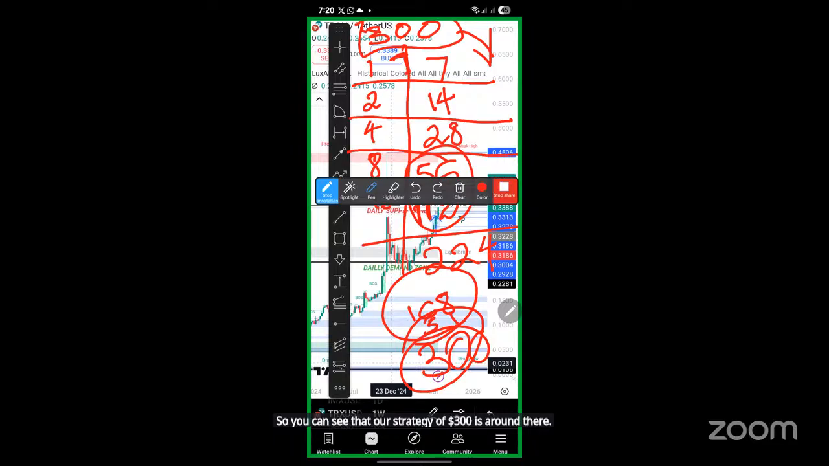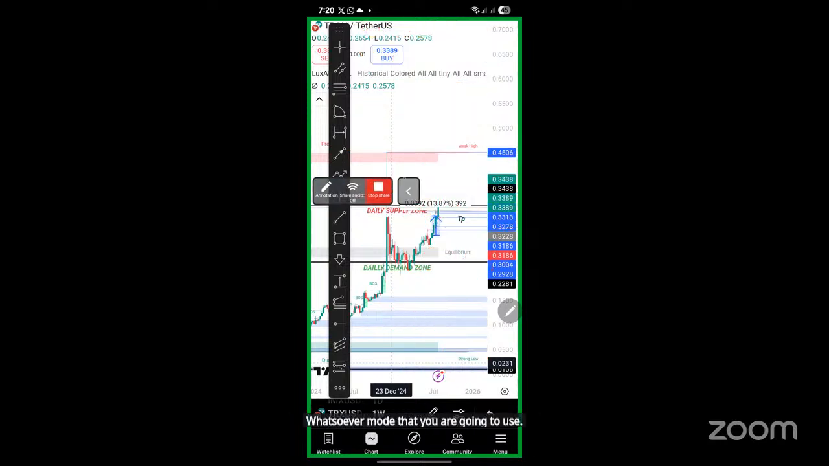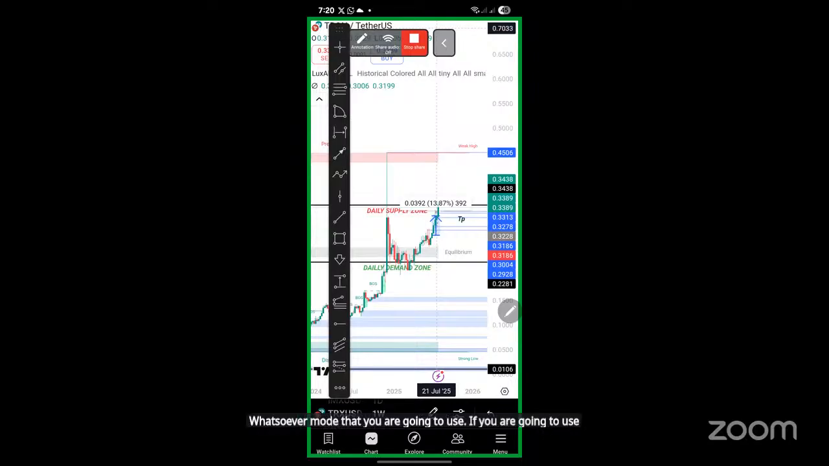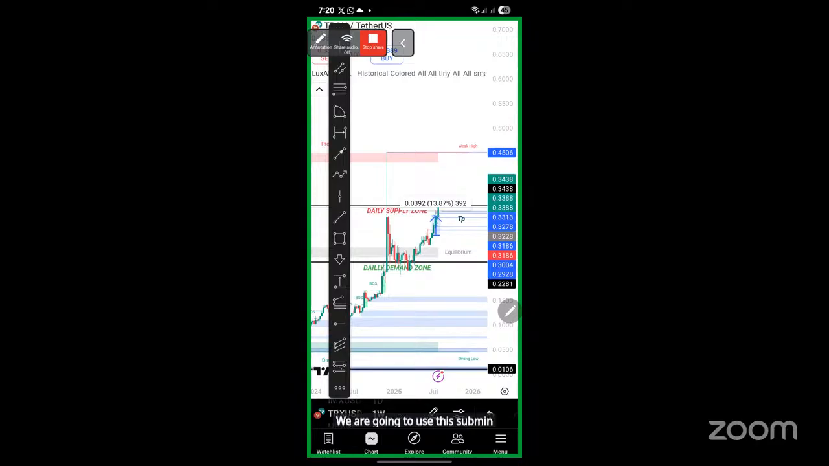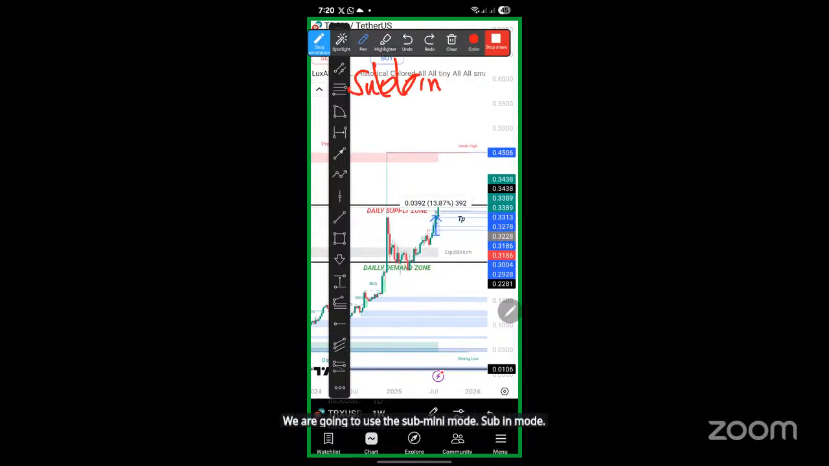Why are we doubling positions? Whatsoever mode that you are going to use, if you are going to use the sub-bin mode and you double the positions, your average price will be closer to the current price. Always. If you use the double up strategy in the sub-bin mode real-time settlement,